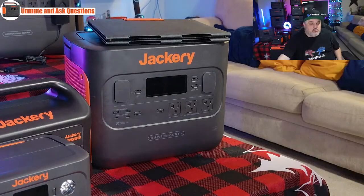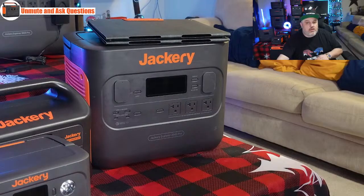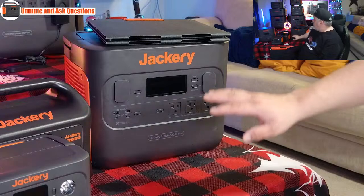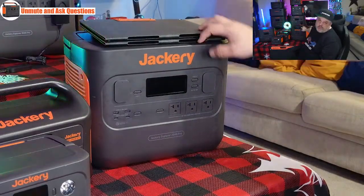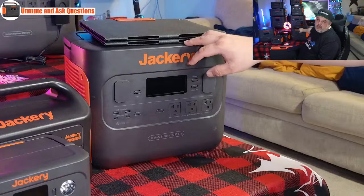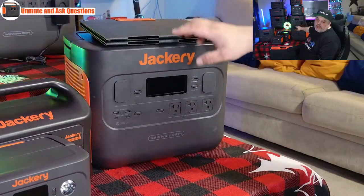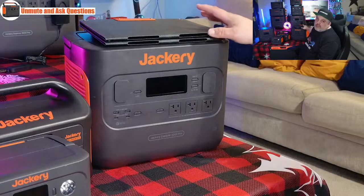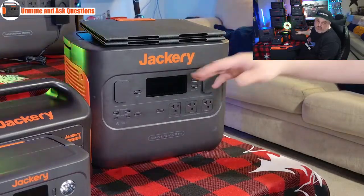Now, the cool part is when it is charging, you can still use those plugs. So yes, you can use the plugs while it's charging so you don't have to worry. This one's going to be great for home backups, your shops, or even emergencies, RV trips, your toy haulers, your camping, or anything in between. Just know this one does weigh a little bit, so it's going to have some weight when you're carrying it